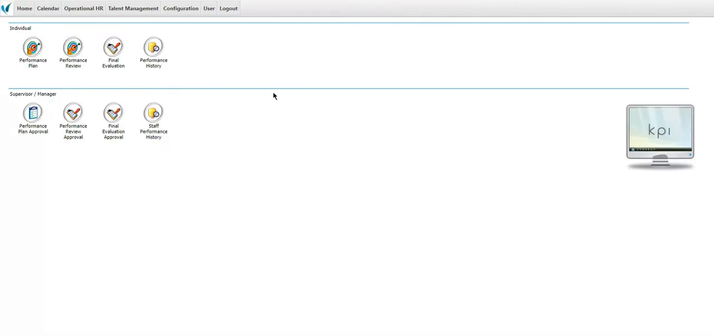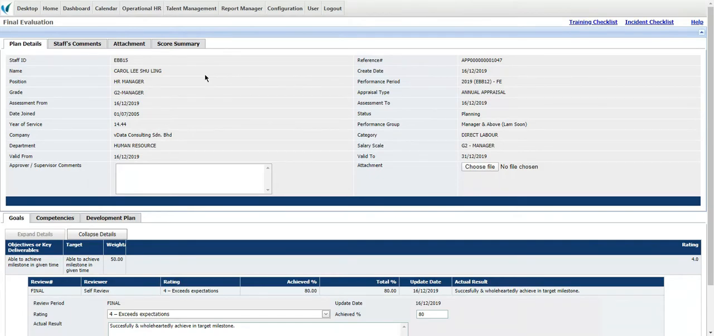Now let's proceed to the final evaluation. Head to the individual panel again and click on the final evaluation icon. Once you have clicked on the final evaluation icon, you will enter the final evaluation page. At the top section on your left hand side, you will be able to view your details, staff's comment, attachment, and score summary. Under plan details, you can view again your ID, your name, position, grade, the assessment from and